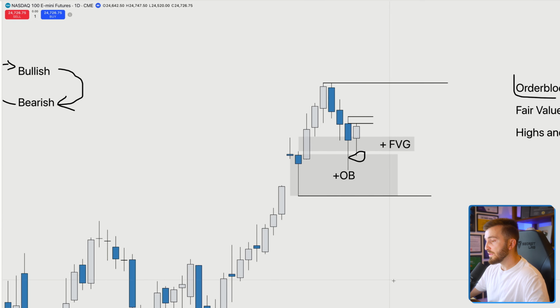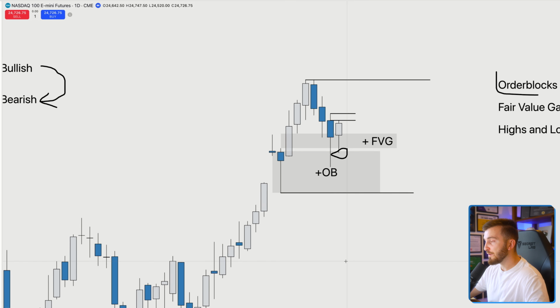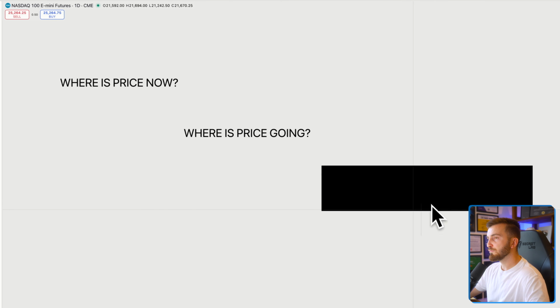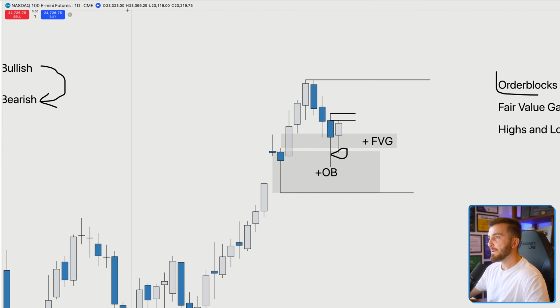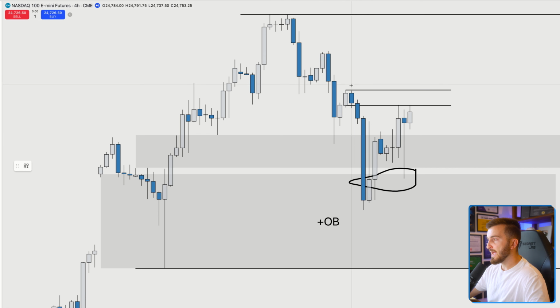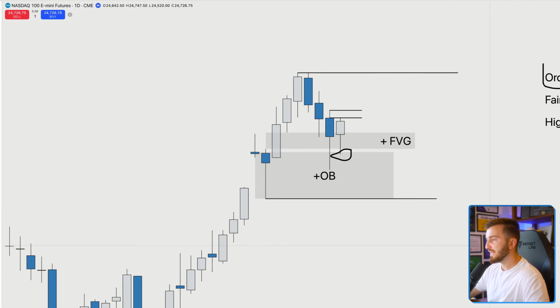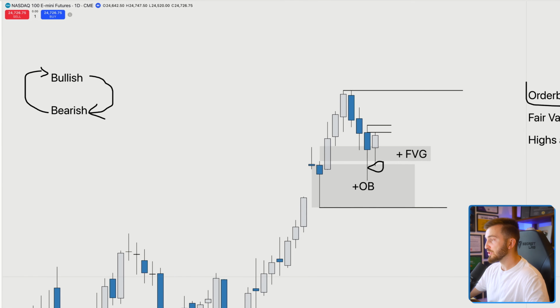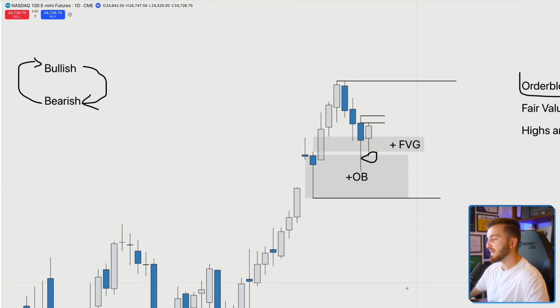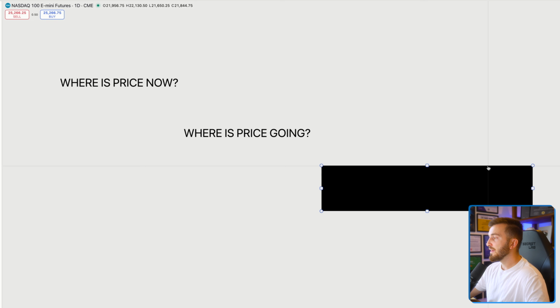Now, my goal with this video is to show you how to find the direction on a daily basis. And the third question is going to fully simplify that process. But I want you to understand that, for example, the key level that we marked out is actually an order block on the lower time frame. But let's not get ahead of ourselves. Let's stick with the daily chart because we are day traders and we want to find out where the market is going on a specific day. And this is where the third question is really going to help, and it's going to change your trading forever.